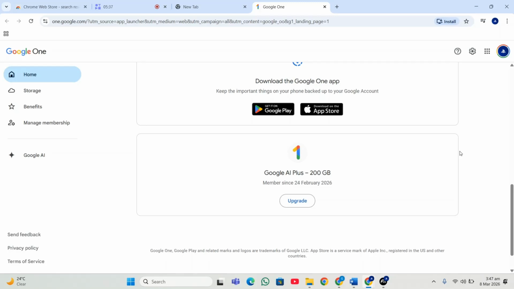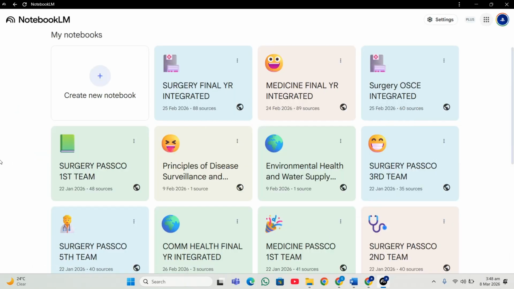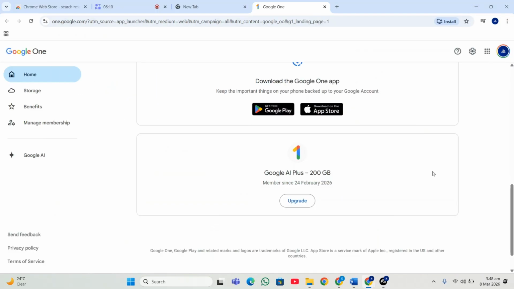But let me show you a way by which you can pay even less money and have all of this. So here is the mindset. If you are paying 35 cedis each month for 6 months, and you are effectively using only NotebookLM because maybe you have another cloud storage solution, or maybe you have ChatGPT, and you just need NotebookLM so that you can create the integrated notebooks and have more than 50 sources, what you can do is pay for the first month and then cancel your subscription and not pay again for the rest of the months,